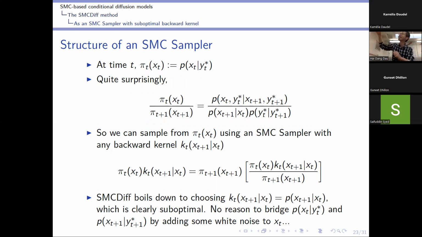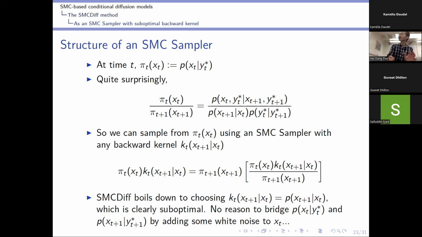So at time t, you have πt(xt), which is equal to p(xt | yt*). What is quite surprising, and I haven't realized this for quite a long time, is that you can actually calculate exactly the ratio between πt(xt) and πt+1(xt+1). I won't go into the detail of the derivation, but again, it is a consequence of the model. So the main message here is that the ratio between two successive distributions can be calculated. The term you have here is the backward decomposition, so you can calculate it using the neural network that you have studied. Here is the forward one. And this term you do not need to know, because it does not depend on xt or xt+1. Okay, so if you know SMC samplers, you know that you can now sample from πt(xt) using an SMC sampler